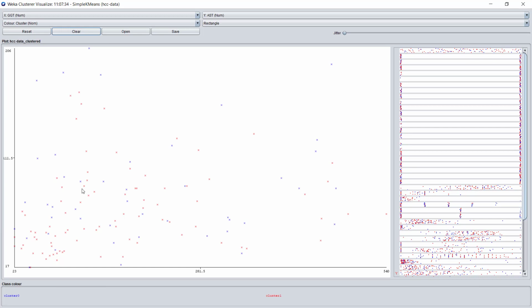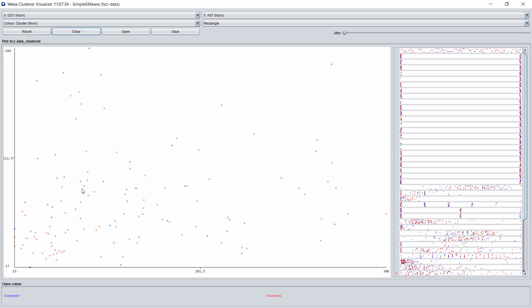Well, the answer for that is that we as humans, since we cannot see more than 2 or 3 dimensions, cannot see the effect of the other attributes or dimensions. In this case, we have 50 of them. So just imagine that the blue points are on the screen surface, while the red points are much closer to your face. So it doesn't really make sense to look at clustering results this way.